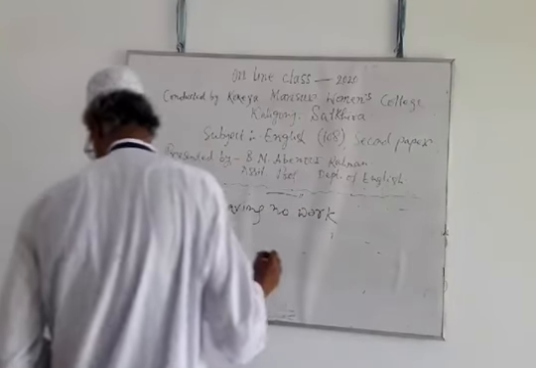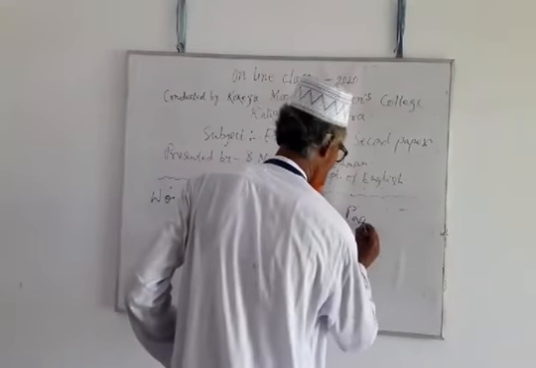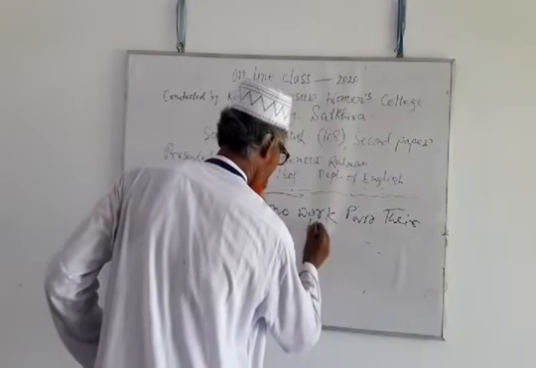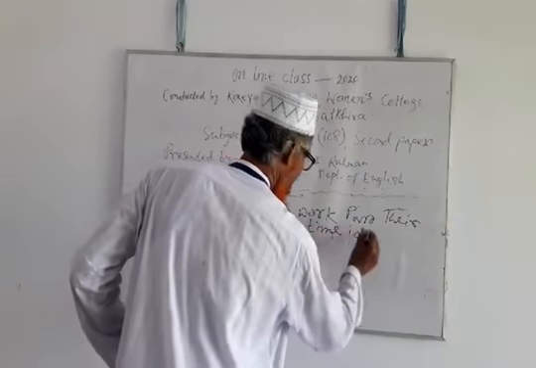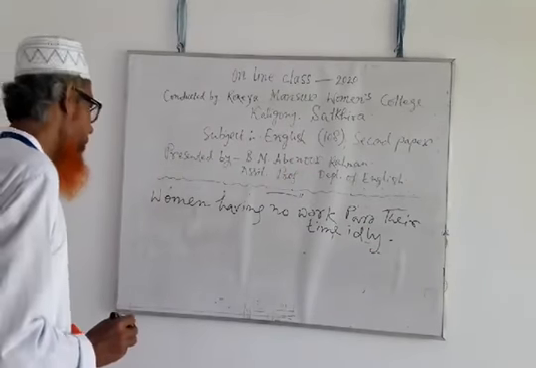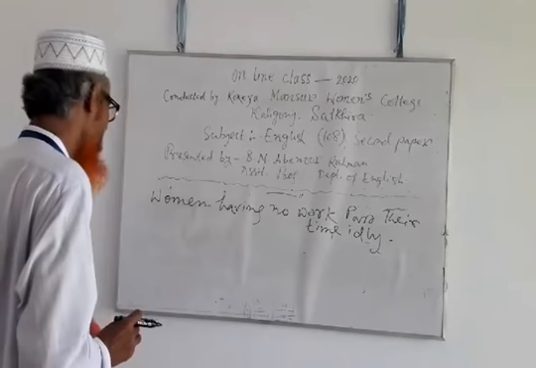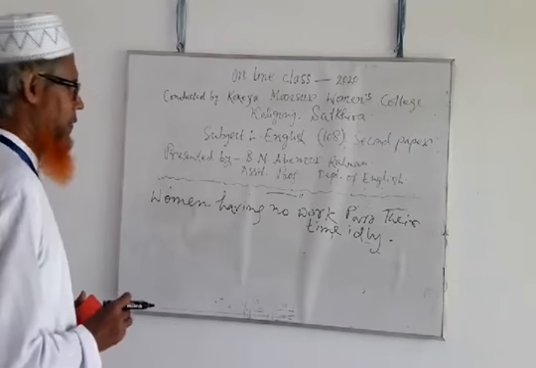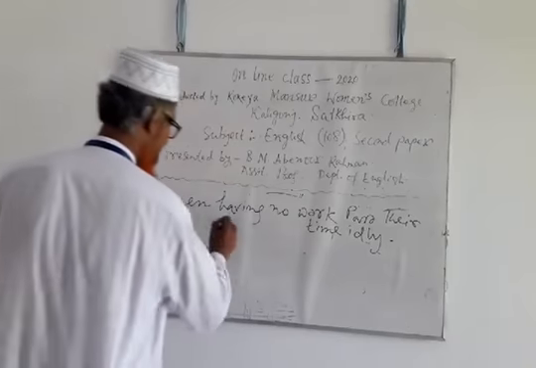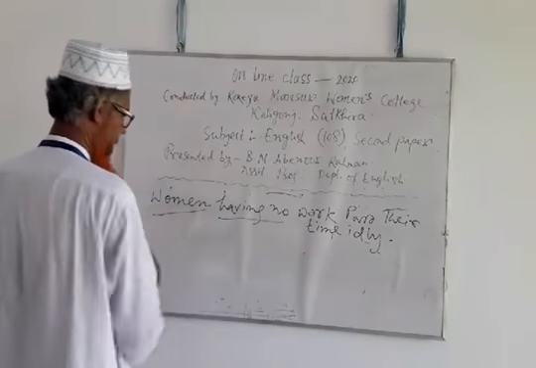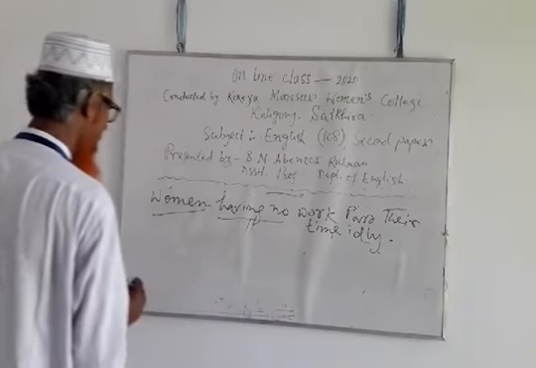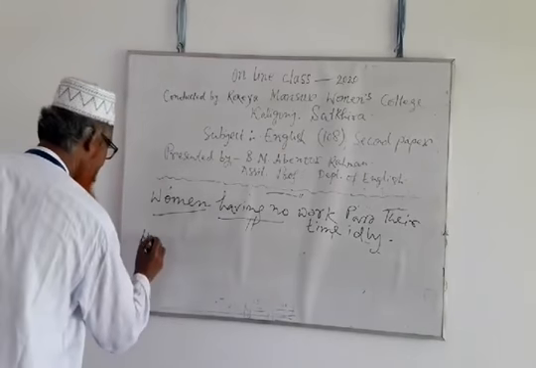Women having no work pass their time idly. In Bengali we can say যে সমস্ত নারীদের কাজ নাই কোনো তারা অলস ভাবে সময়টা কাটায়. Here participle is used after the subject, women. It's a perfect participle. So we can use here women